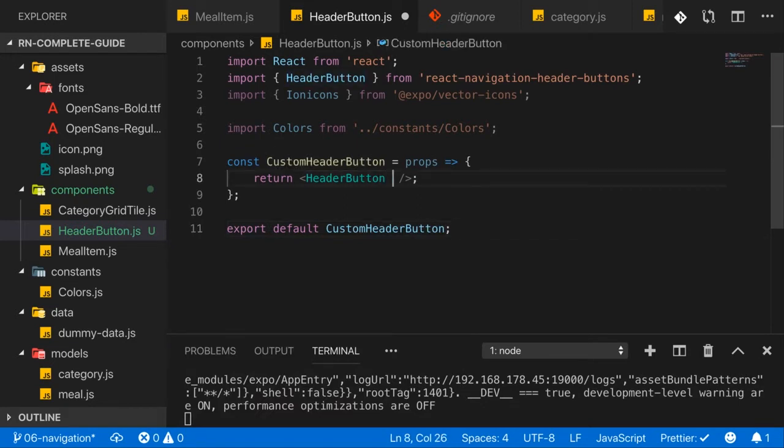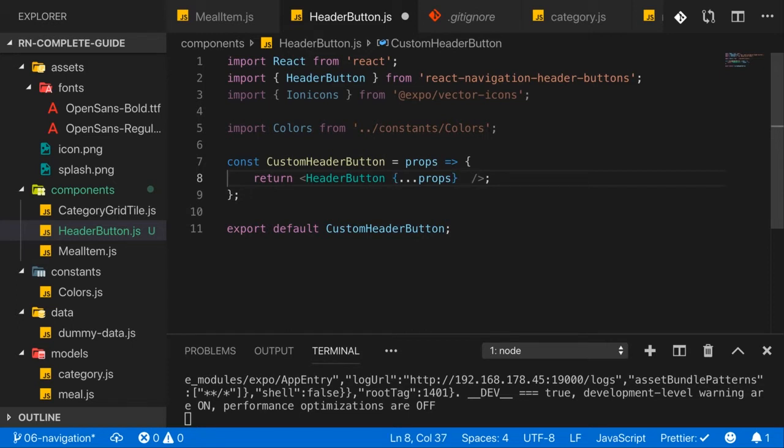So now this HeaderButton I'm using here from this package we installed, that will, first of all, receive all props we're getting with this nice little trick we can use in React, where we forward all props with this shortcut by pulling out all the key value pairs and passing them to this object, which this component in the end is. So that's the first thing. We need to forward all the props, and that's super important. Don't forget this, otherwise it will not work correctly. The second step